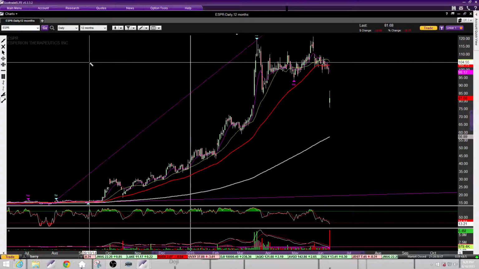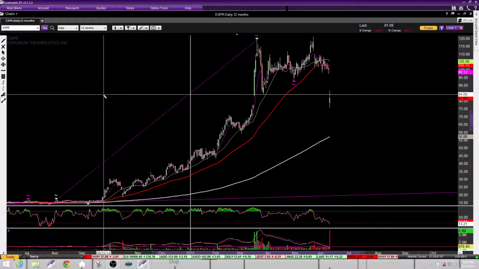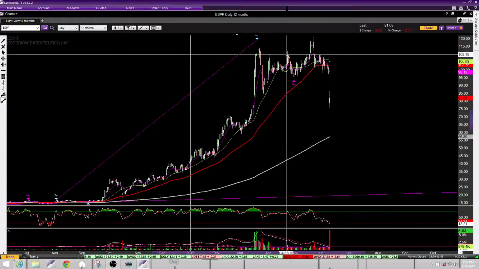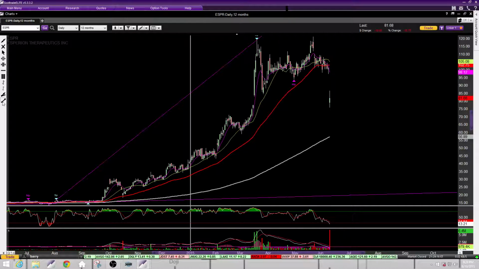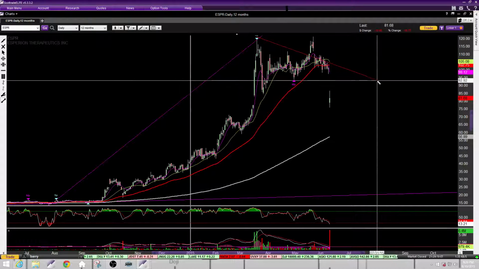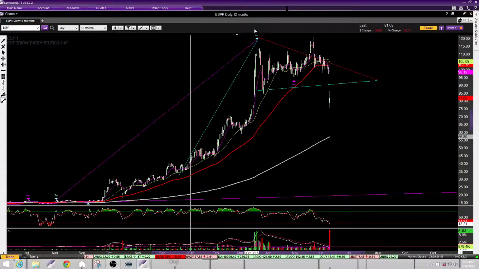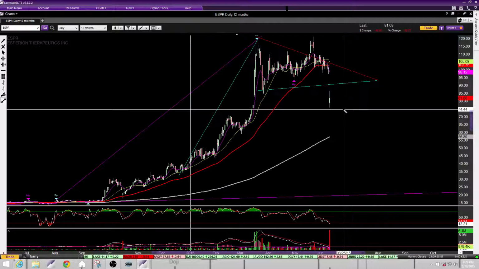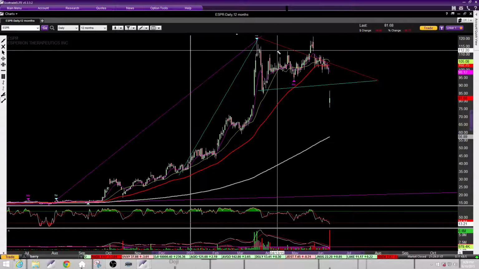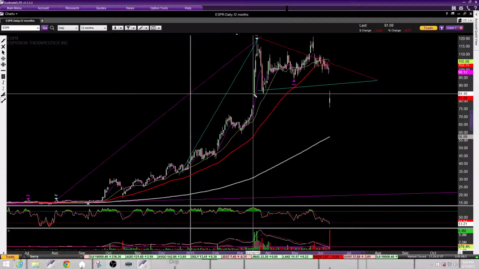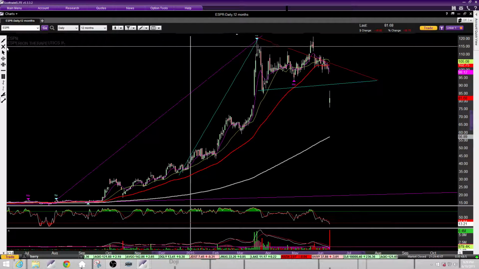So don't get too confused with, oh my god, I have to learn these 15,000 formations, or every single candlestick pattern. You don't have to learn every single thing, but you do have to know the basic ones, so you can just point them out real quick. This was obviously a formation that went to hell. That's a flag. I mean, you can see that. That's a flag. So this formation obviously went to hell. That's a perfect example here of a formation that did not work. So not all formations, not all